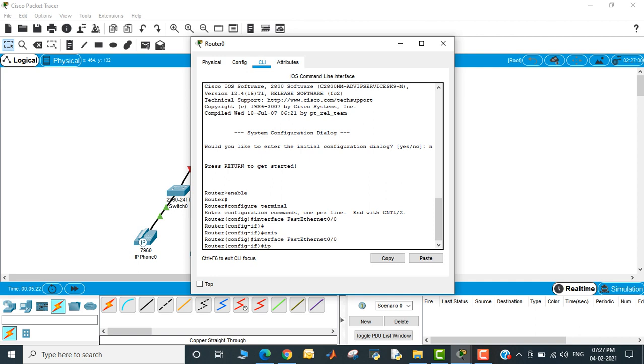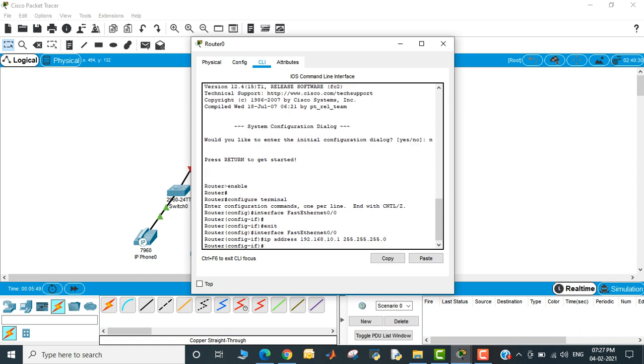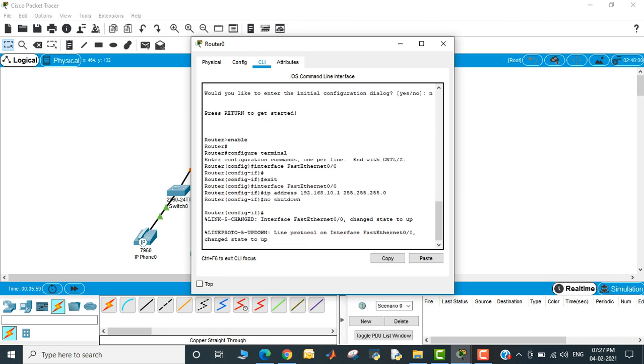Here I consider the IP address 192.168.10.1, and the subnet mask 255.255.255.0. This is completed, and we don't want to shut it down, so use the command no shutdown. So this is established.